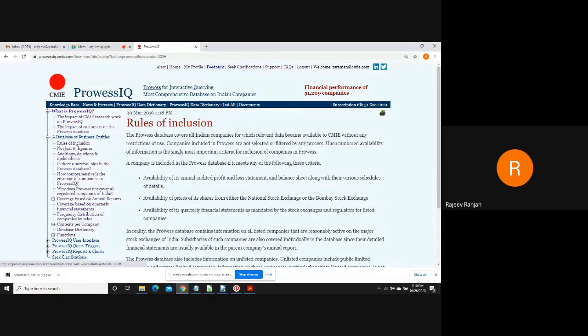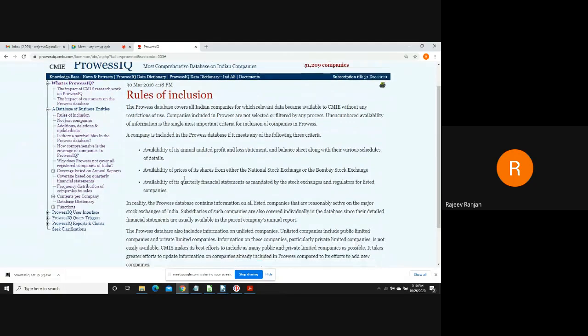I gave a very brief idea of how we select companies, but as a researcher, this can be a very important input for your research work when you ask whether your company selection for your research study is biased or not. You can go through these sections in detail and understand what can be incorporated, and it can be part of an annexure of your reports and research papers as well.